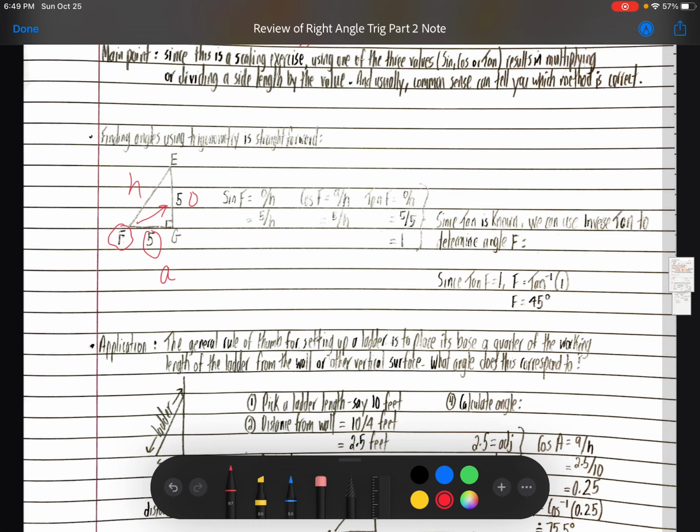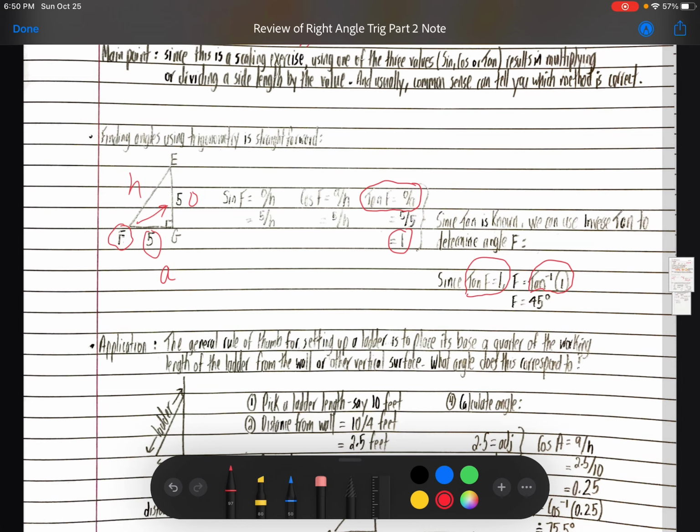So if we're going to use the 2 sides that we know, opposite and adjacent, it makes sense to use the tan function, because we know O and A, which is 5 divided by 5. When you divide them, it gets you 1. Right? So the tan of an angle is equal to 1. So since tan f equals 1, then you can do the angle is the inverse tan of 1, which is